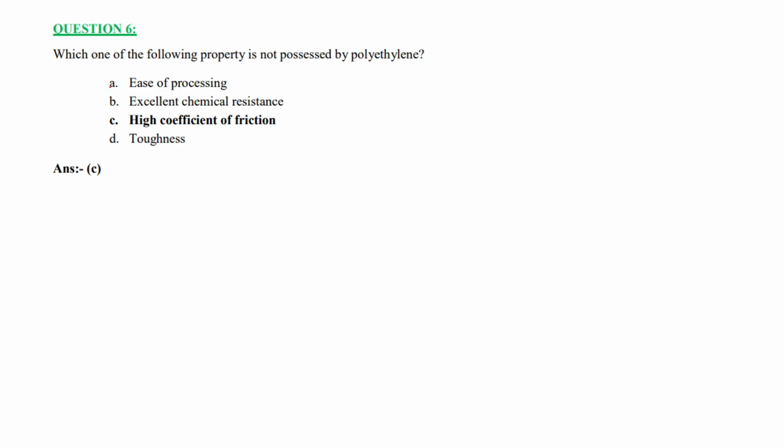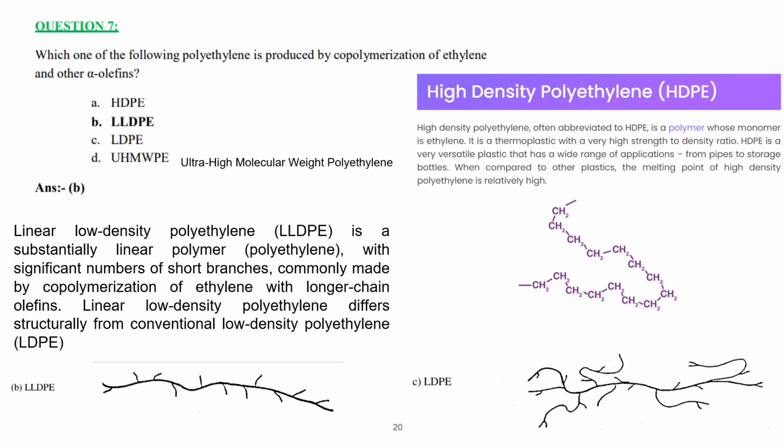They are very easy to prepare, obviously, and they show chemical resistance, and they are tough. But high coefficient of friction is not a property polyethylene has. Their friction is low. So again, it is information-based, you can just check it out. And now coming to this,